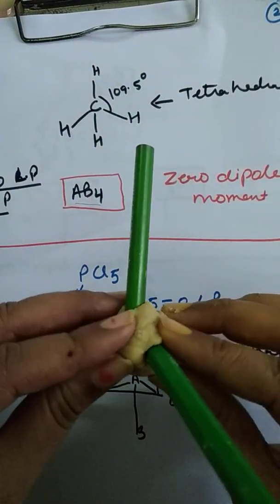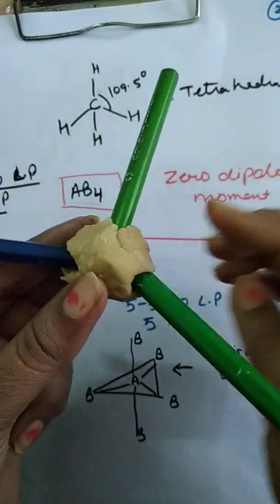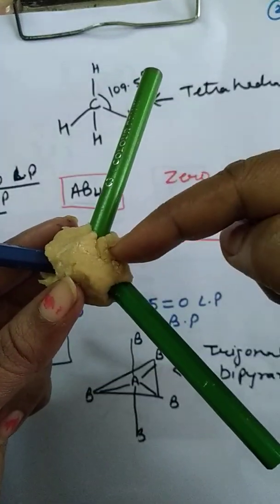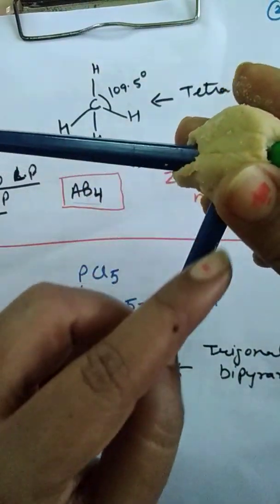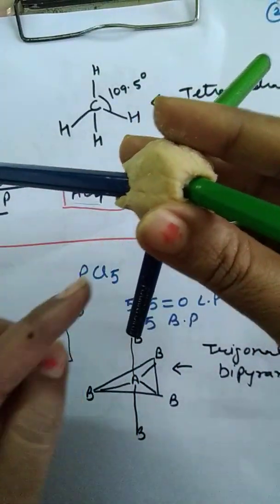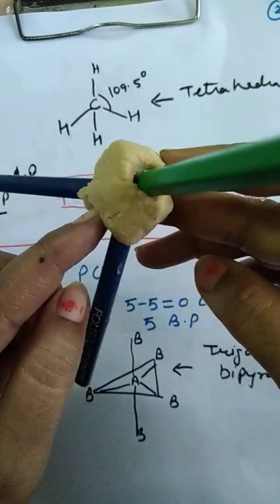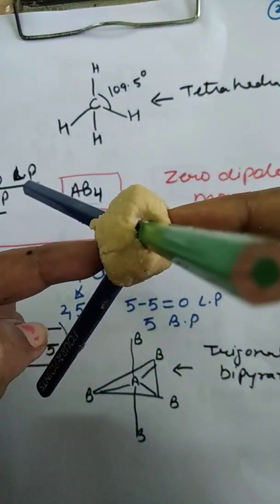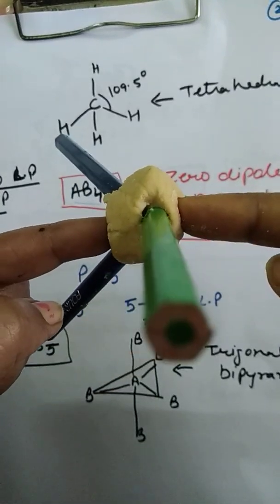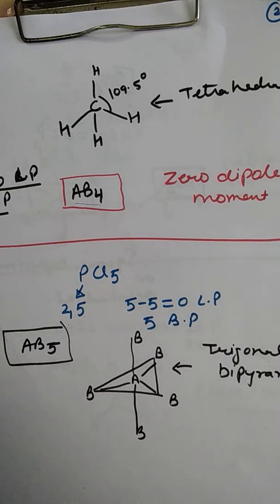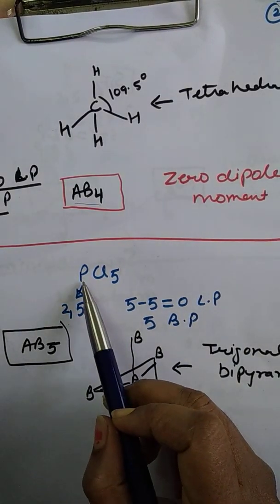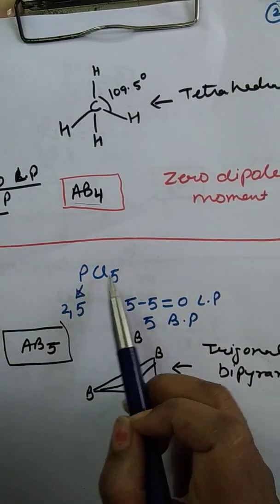If I want to calculate the vector sum, then this V will have its resultant in this direction, and this V will have its resultant exactly equal and in the opposite direction, at an angle of 180 degrees. You can see with my fingers. So this molecule also does not have any dipole moment because it is symmetrical and all 4 hydrogens are the same.